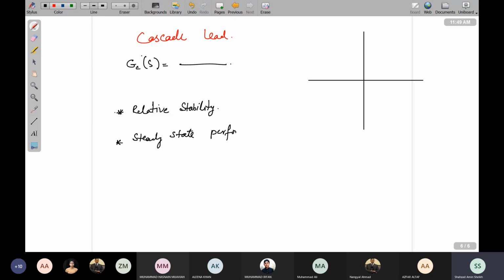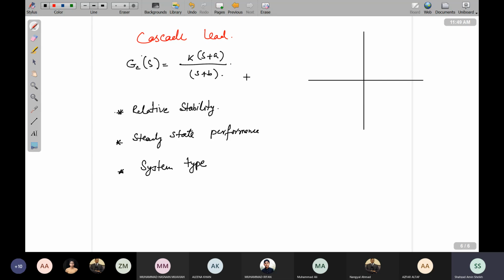Sir, K into S minus A over S minus B. और S minus B। जी सर, ये ठीक है? प्लस S plus A और S plus B because our zeros and poles are placed on the left half plane. So अगर मैं माइनस करता हूँ तो वो राइट हाफ प्लेन में चले जाएंगे, और अगर कंट्रोलर के पोल्स और जीरोस राइट हाफ प्लेन में होंगे तो फिर तो ज़रूरत ही किसी चीज़ की नहीं है।